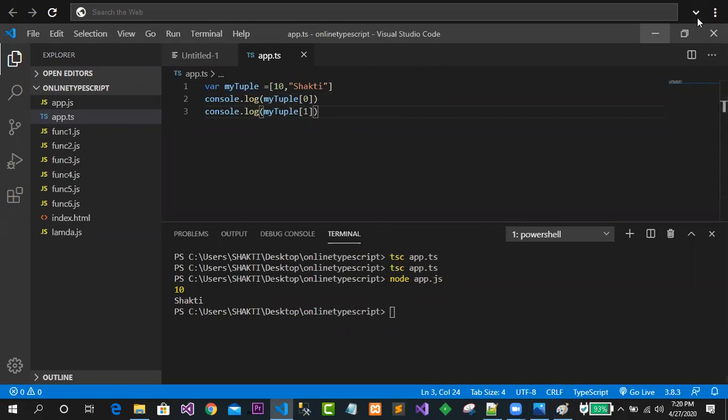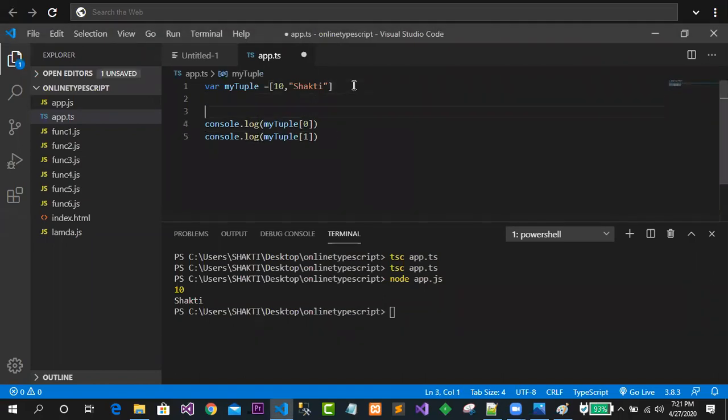Another question is here from Prabhat. Prabhat is asking something like this: we have saved the first index value in an integer variable without any typecasting. Oh yes, just see. Your question is something like this: suppose x is that variable, of type number, and you are asking whether I can assign myTuple[0] to it. Just try to observe now.